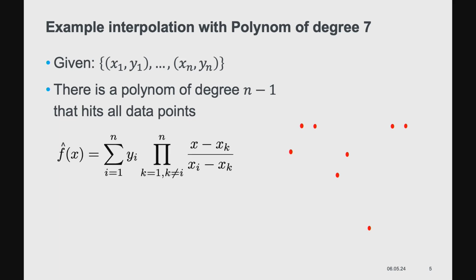And it's very easy to define, because basically you always have this term. And for this term, if my x is exactly the value of xk, where xk is one of these, then this becomes 0. And so I multiply with 0,